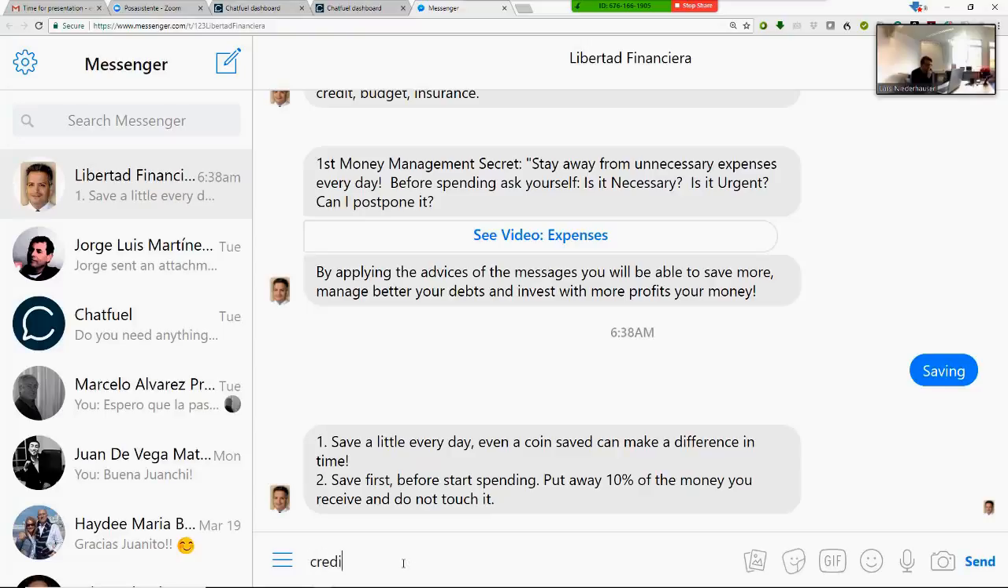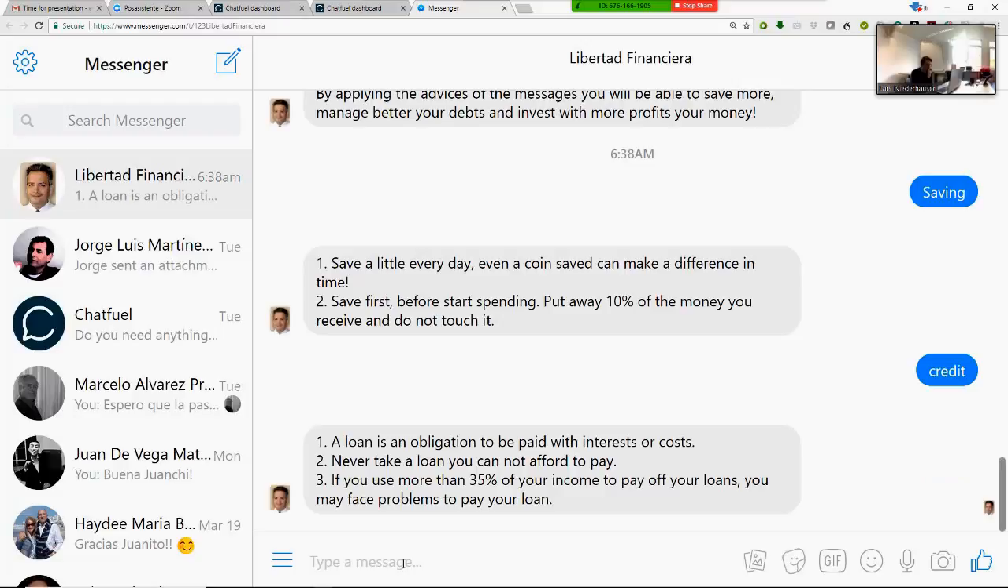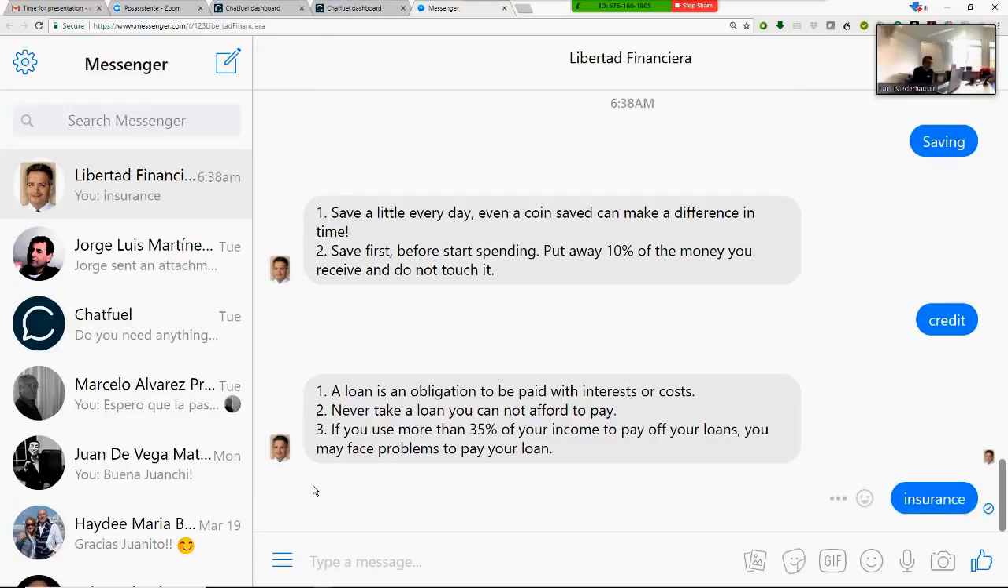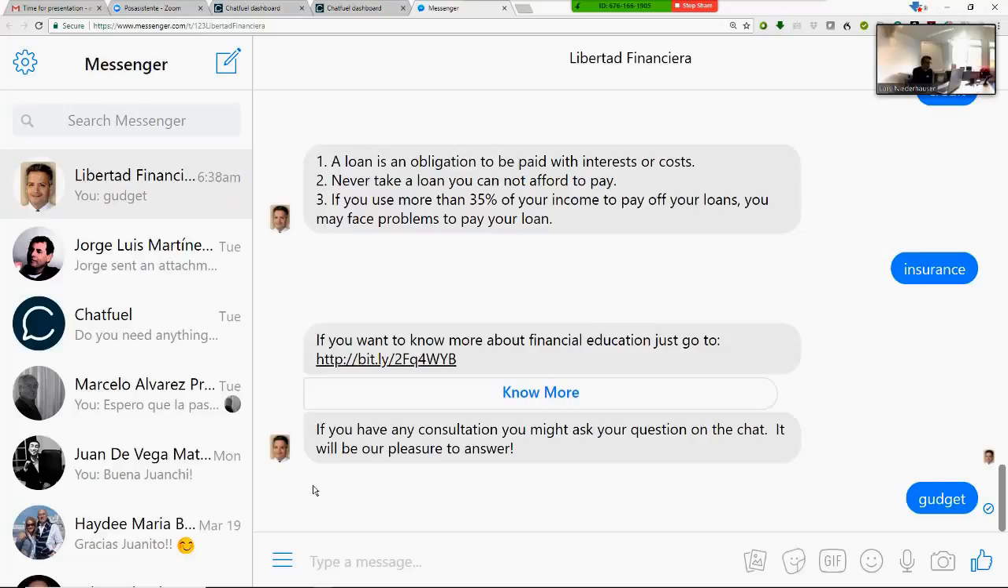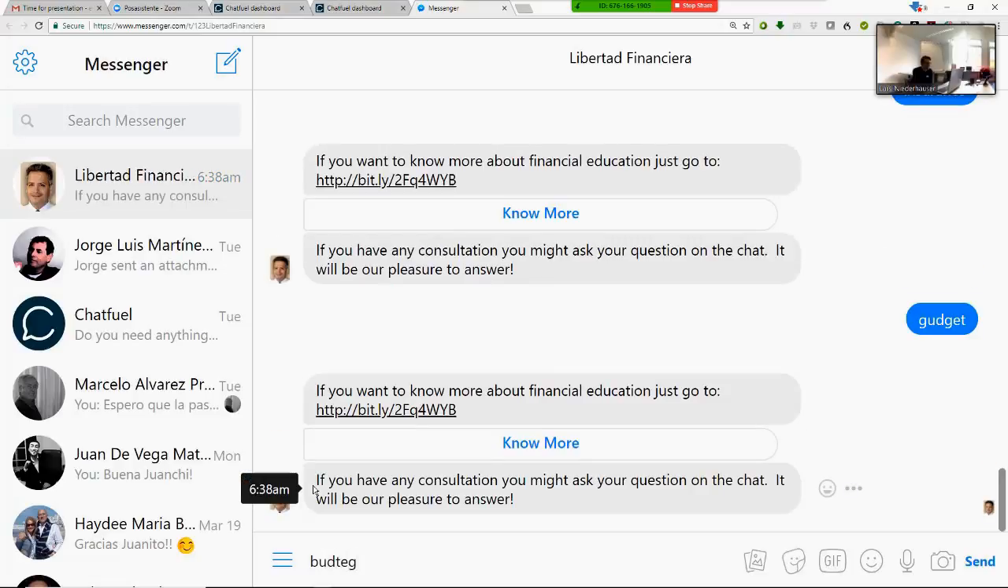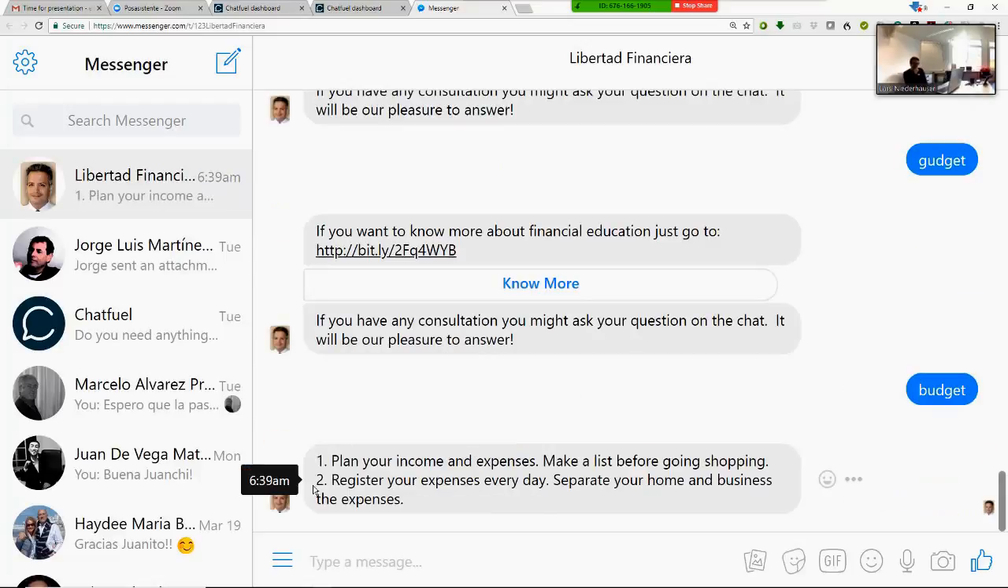So I type credit here. Or I could type loan, and I receive the key message on loans. Likewise with insurance, or with budget. Sorry, this is a mistake, but yes. So depending on what the client types, the client will receive information, and if I want to know additional information,